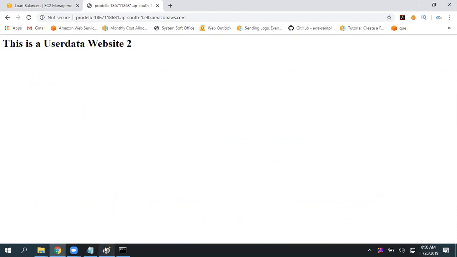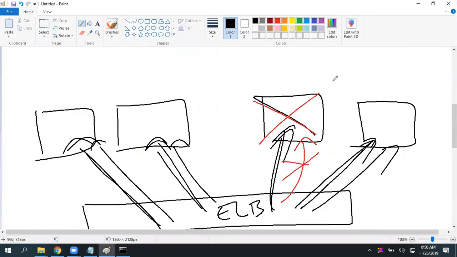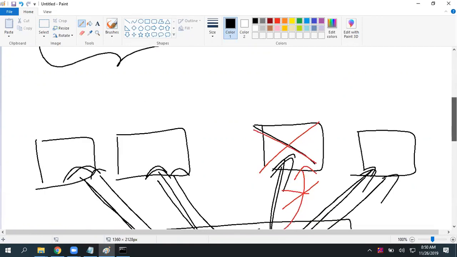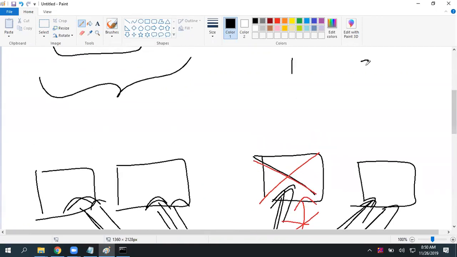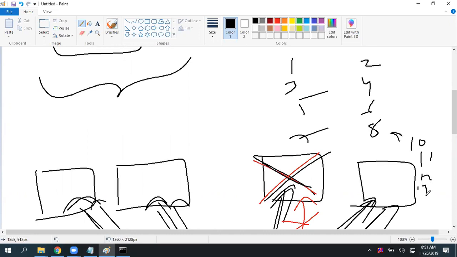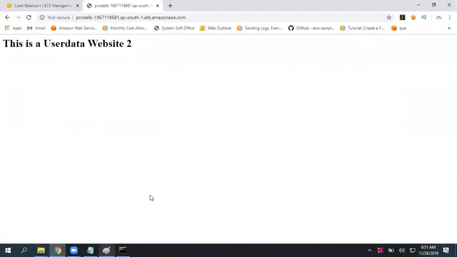This classic load balancer uses a round robin mechanism. That means first request here, second here. In our case, we have only 2. Third here, fourth, fifth, sixth, seventh, eighth. Due to any reason, if any instance is down, all requests will go to the other one: 9, 10, 11, 12, 13. Again, it continuously performs health checks. When it is declared healthy, again 15, 16, 17, 18. Okay, so it uses a round robin mechanism.